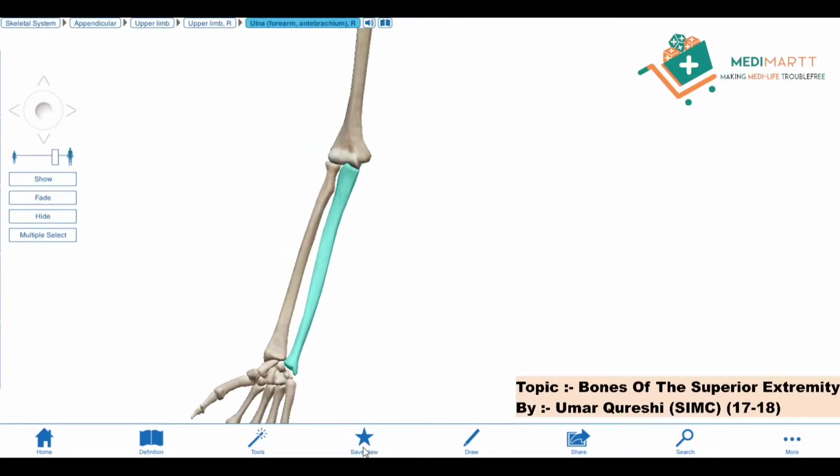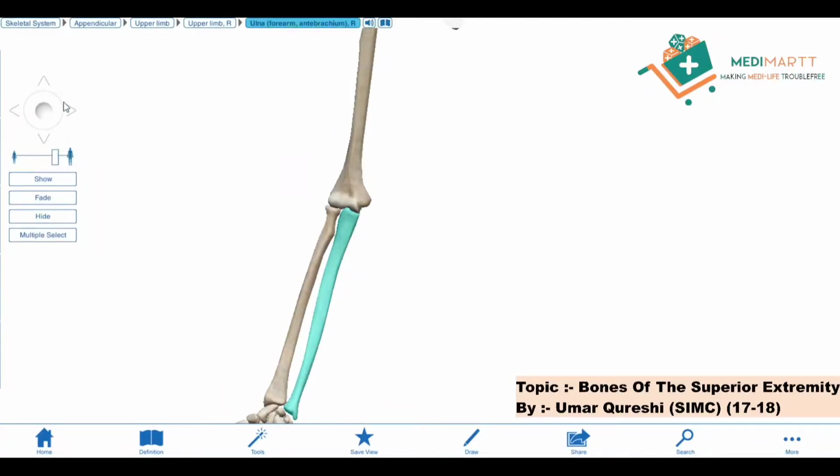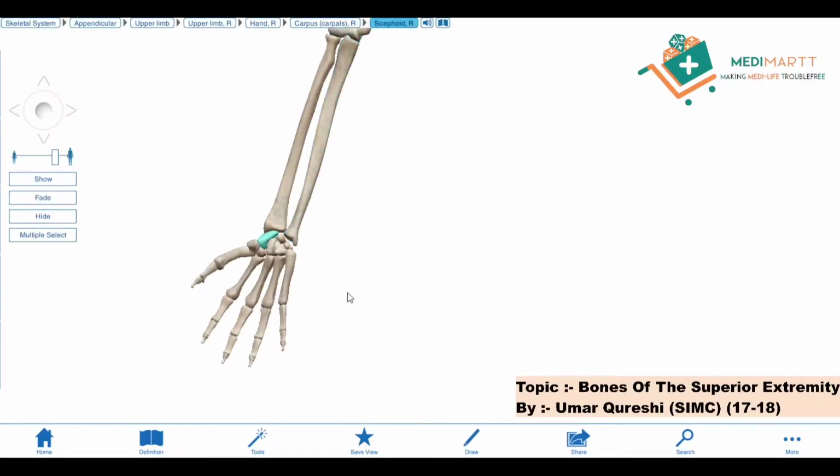Okay, now let's move towards other bones. These small bones you can see, this bone, this bone, this bone, all these bones are known as the carpal bones. Basically there are 8 carpal bones, 4 in the proximal direction and 4 in the distal direction. What is proximal? Proximal is something which lies nearer to some point, and distal is something which lies a little bit far away from that point. So let's see what are the proximal bones and what are the distal bones.